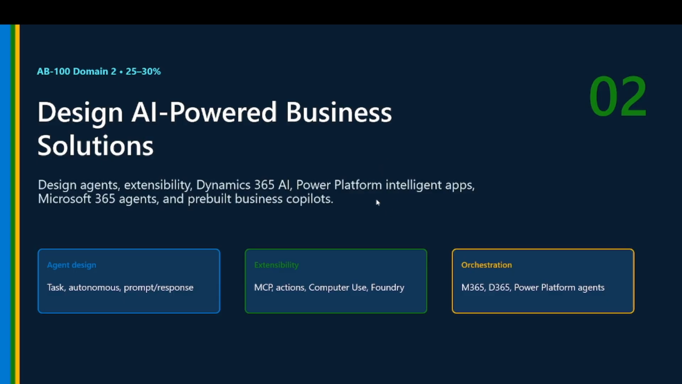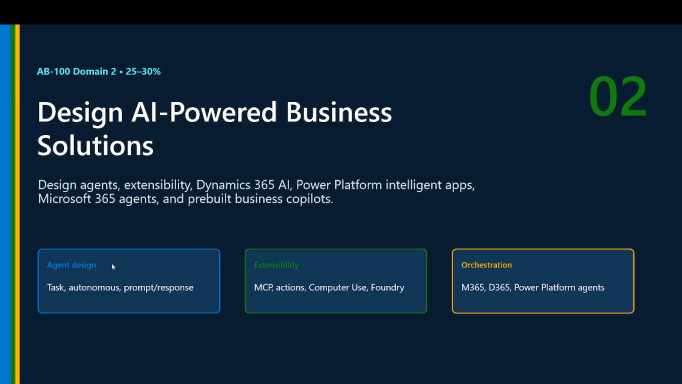So this is the last part of domain 2 of the AB-100 examination, Agentic AI Business Solution Architect examination. What we've been looking at is designing AI-powered business solutions, and the knowledge outcomes that you should understand, most of which you have been following along, are designing agents, extending agents to Office 365 and Dynamics 365 applications, Power Platform, intelligent app integration, Power Pages, and Microsoft 365 agents, the pre-built business copilots that already